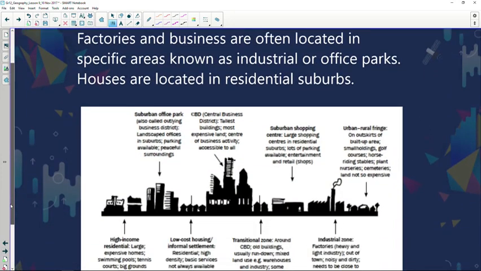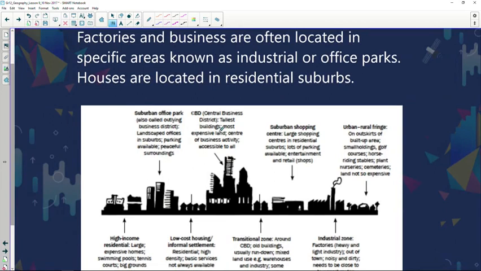Now, there's another urban profile. Once again, you can see the CBD, tallest buildings, most expensive. Then we've got the suburban office parks, also known as the outlying business district. Please pay attention to that because that might be a question in your exam paper. Now, it's quite more peaceful, it's not as rushed, it's not as congested. That's the reason why businesses moved out, and we're going to look at the problems that these urban areas experience